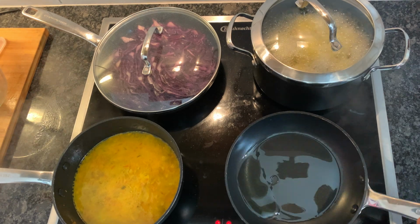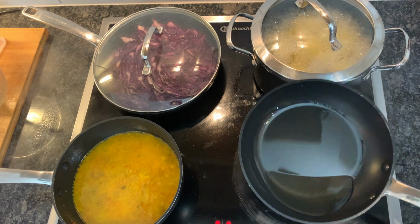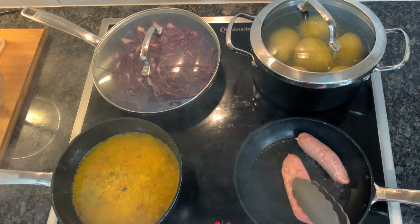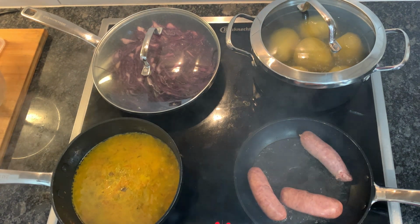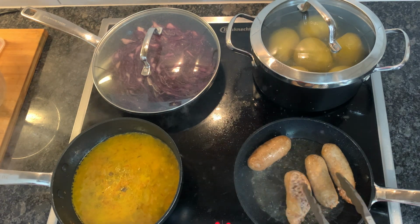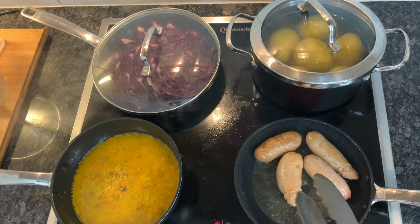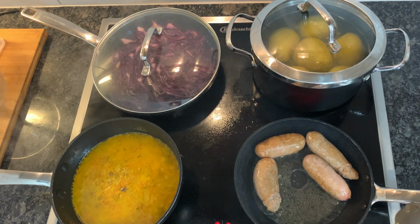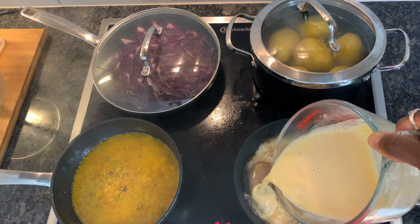Meanwhile, on a very high heat, pour some cooking oil into a pan and then wait for the oil to start to smoke. Please take care. The oil is now smoking, and so we're going to put in the sausages to cook just for a few minutes before pouring in the batter. As soon as you've poured the batter into the pan, put the pan into the oven to then cook your